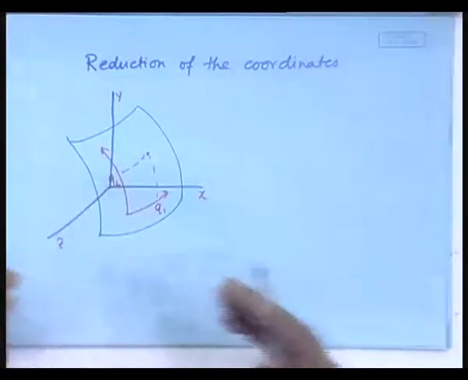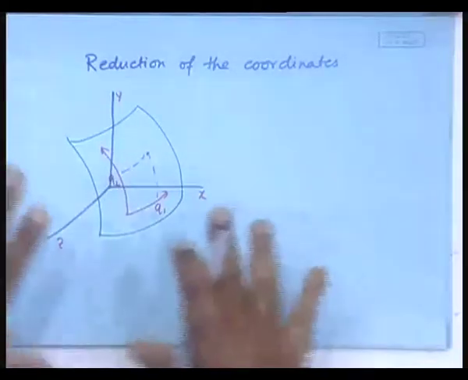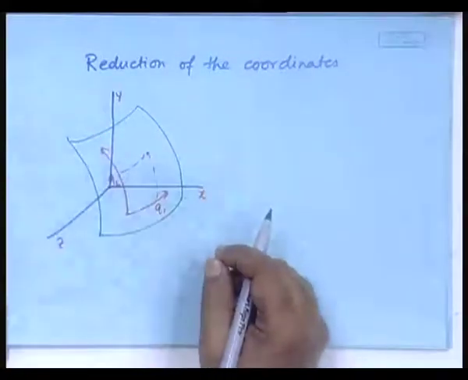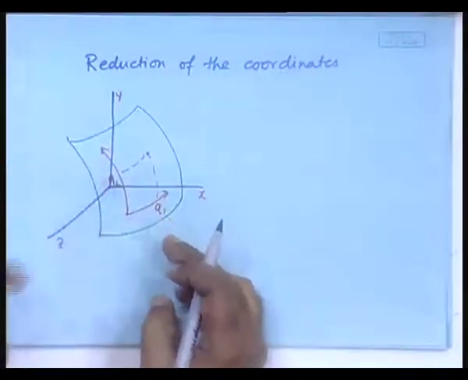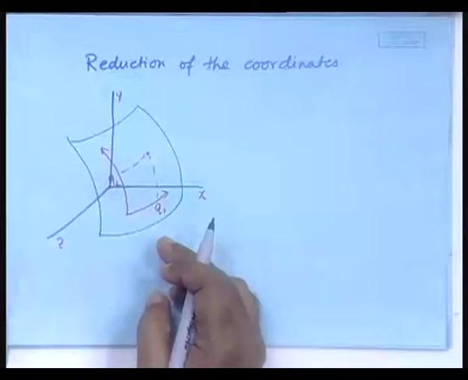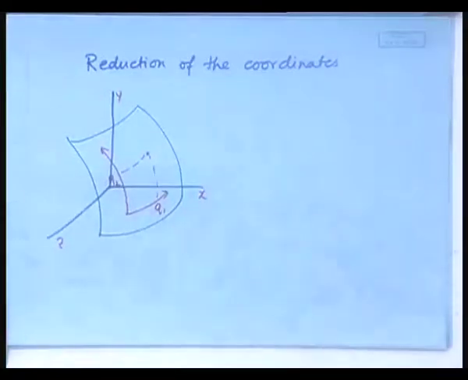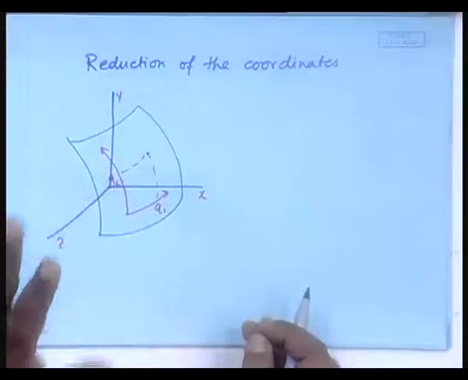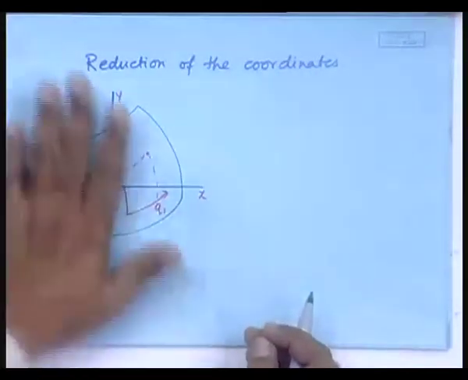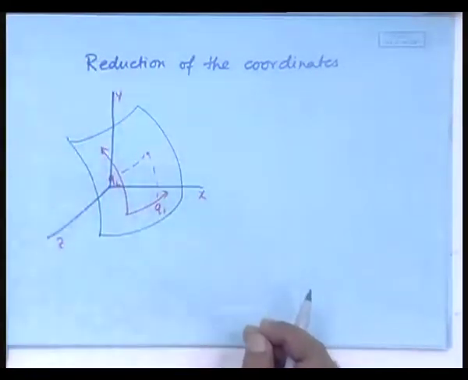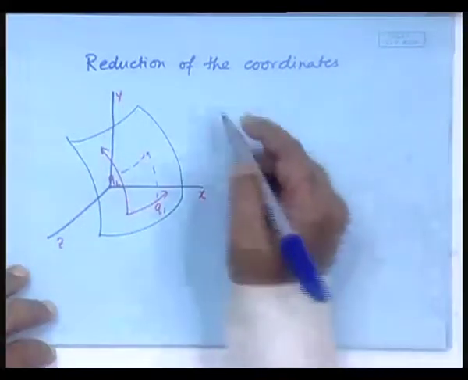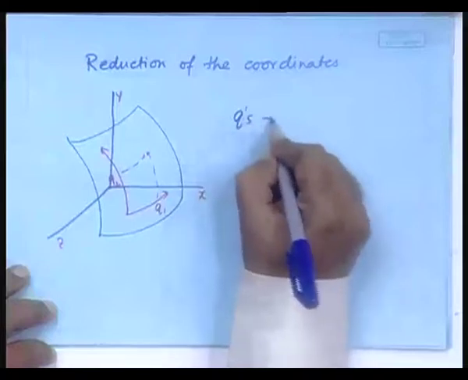Okay. Now, extend that vision, this x, y, z could be thrice n, and this q1 and q2 could again be a large number of variables. Just the idea is that we have now defined a lesser number of variables that are consistent with the constants. Clear? So,